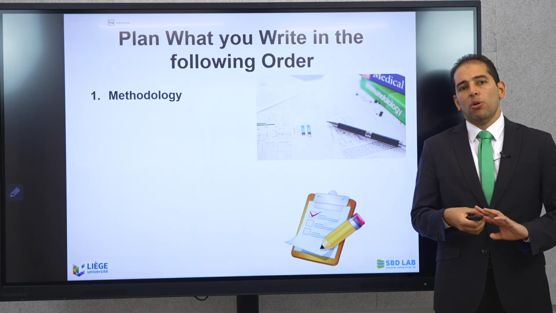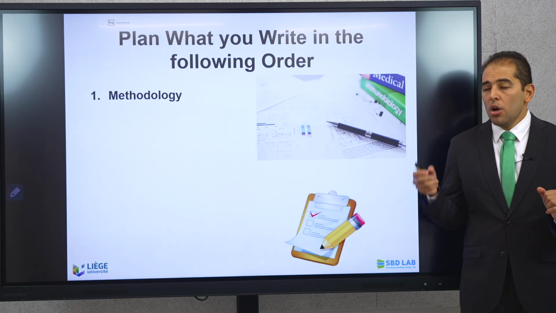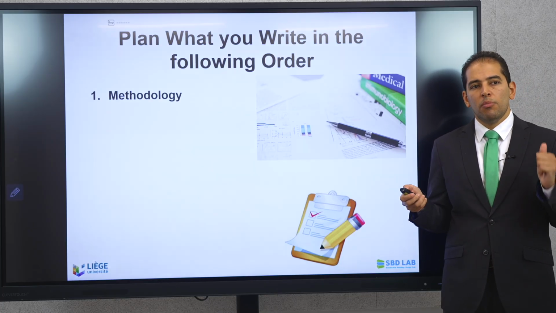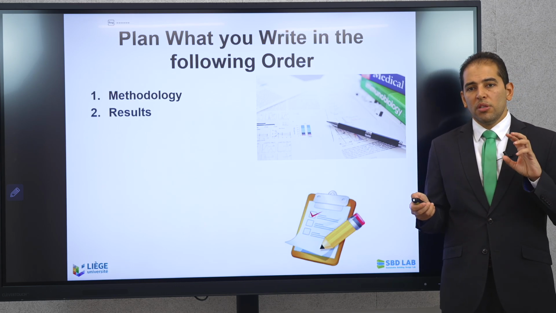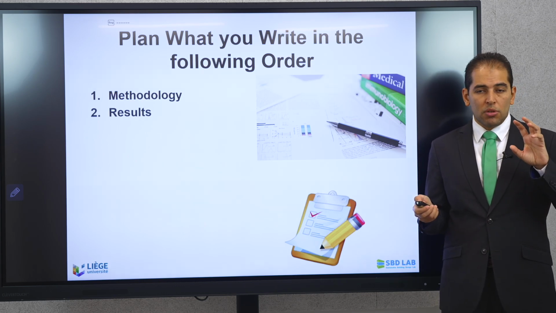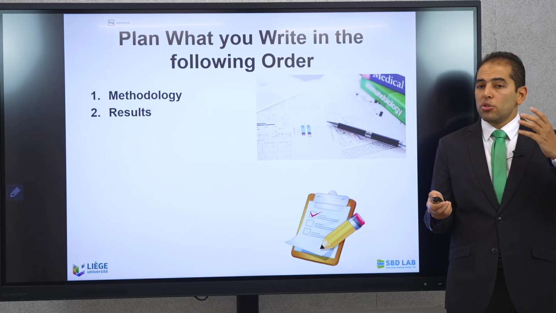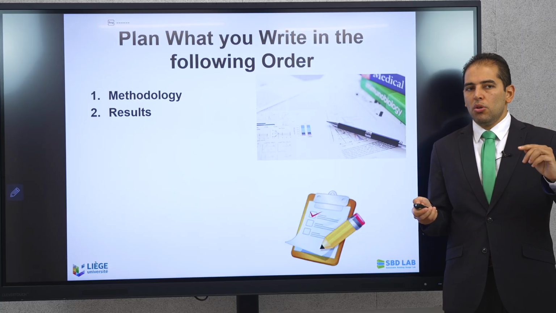Well, first of all, I always advise to plan what you are going to write in the following order. First of all, start with writing your methodology section. This is the most logical way because the methodology is the recipe of your work. After you wrote the methodology, you start to write your results and make sure that the results correspond to the methodology. For sure, you need to have in the background the research questions, but start with the methodology, then followed